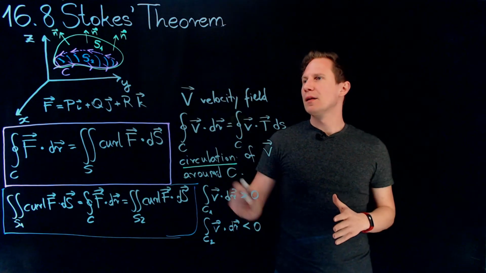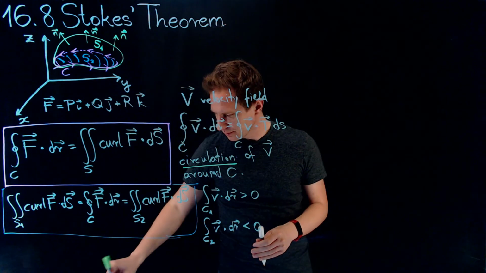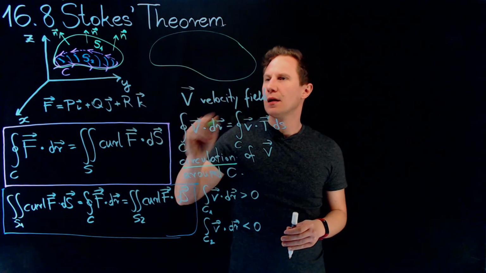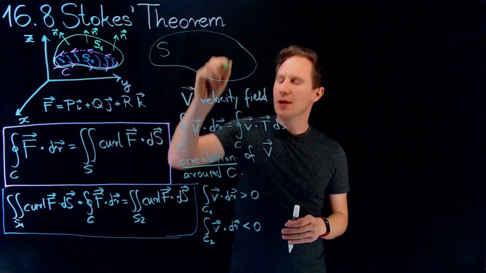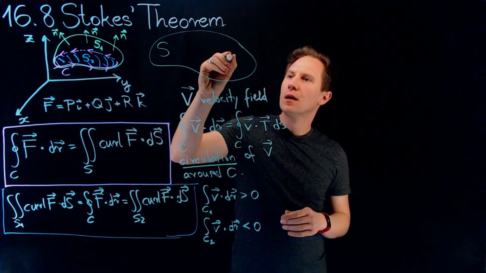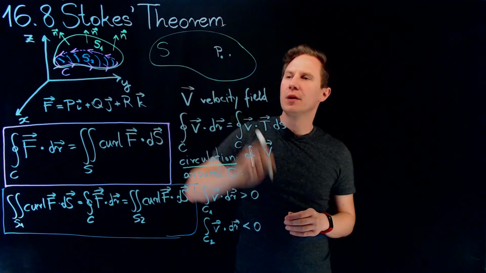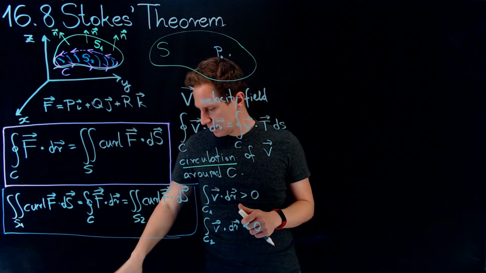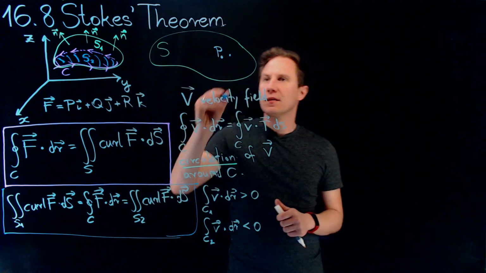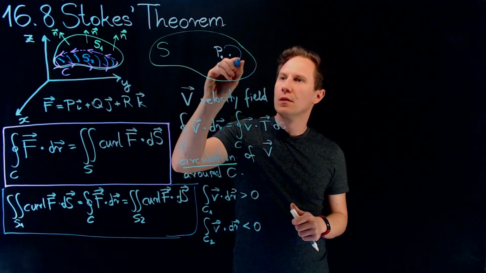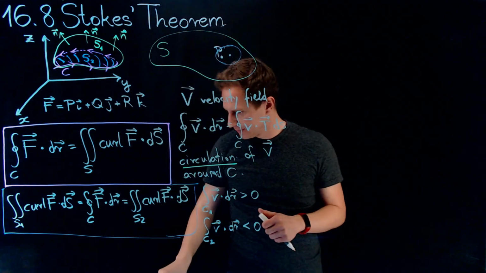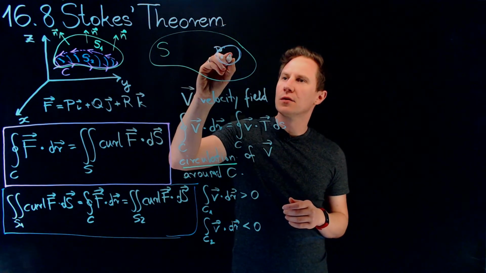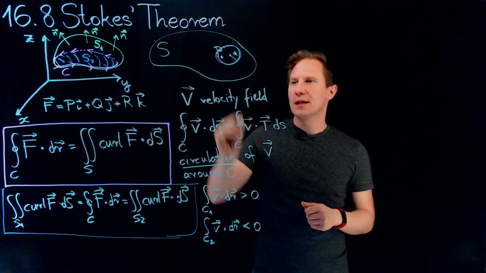So let's take a surface S. Okay, so this is our surface S. Let's take a point on that surface, P0, and take a small disk around that point, a small disk of radius a, let's say. So that's of radius a. Let's call that disk